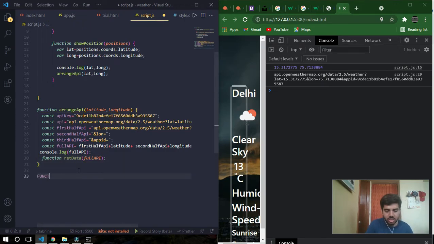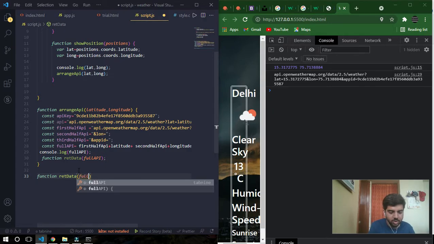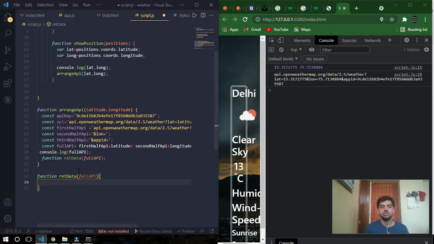So I'll declare a function, retrieve data, and I'll take the parameter as full API, with the small i. To retrieve the API into your application, you have the Axios module, you have the fetch function, and also you have XHTTP in JavaScript. So we will be using fetch to retrieve the data from the API.